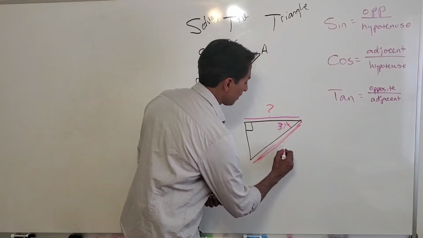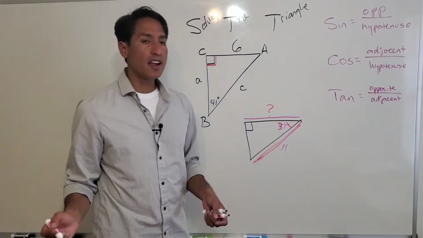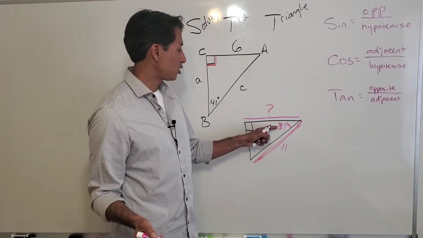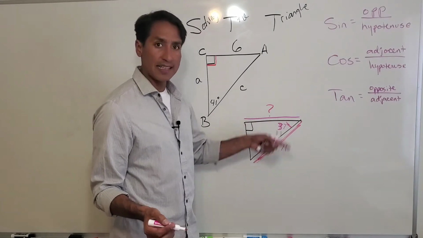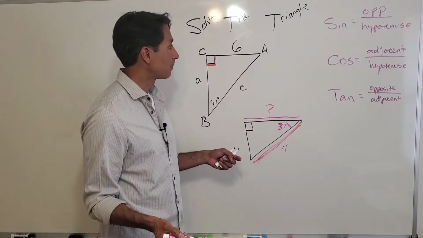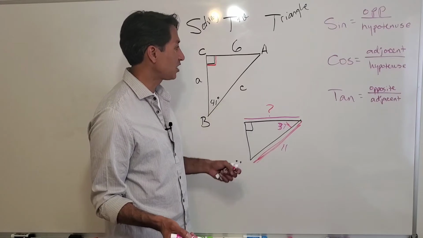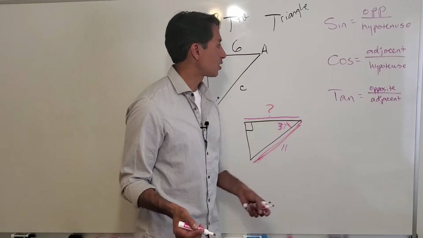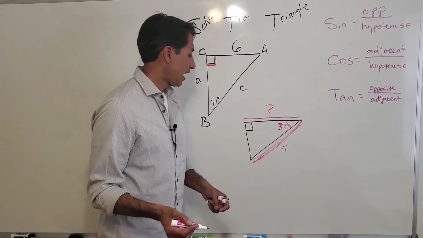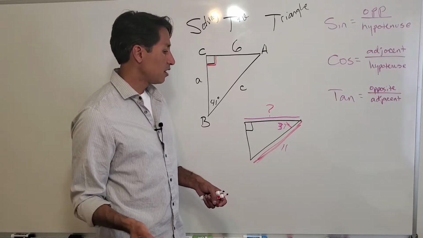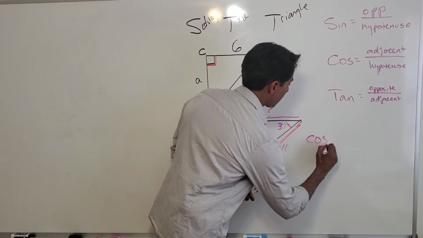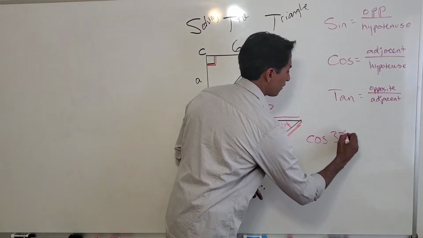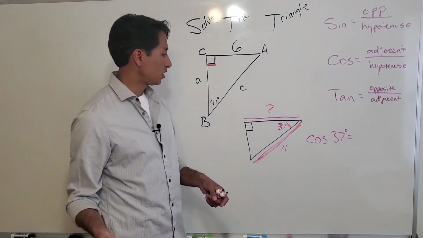I know this length over here would be 11, let's say. If I know the measurement of this angle and I know the length over here, then I can plug these into my formula. I'm trying to find the adjacent. I'm given a measurement and I'm given a length. So in order for me to solve this, I could say the cosine of 37 degrees is equal to,